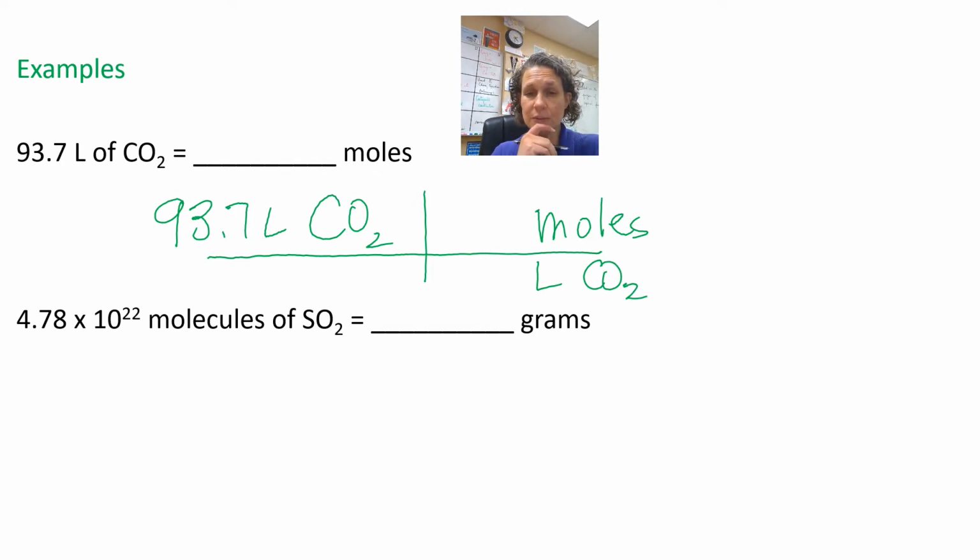That's so that those units will cancel out. Okay, so from the equation on the page before, we said that 1 mole is equal to 22.4 liters. So when you work these problems, it is multiply across the top and divide by the bottom. So it would be